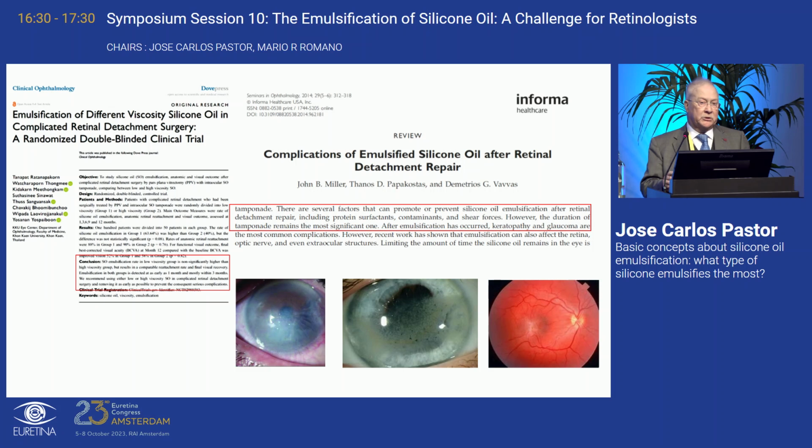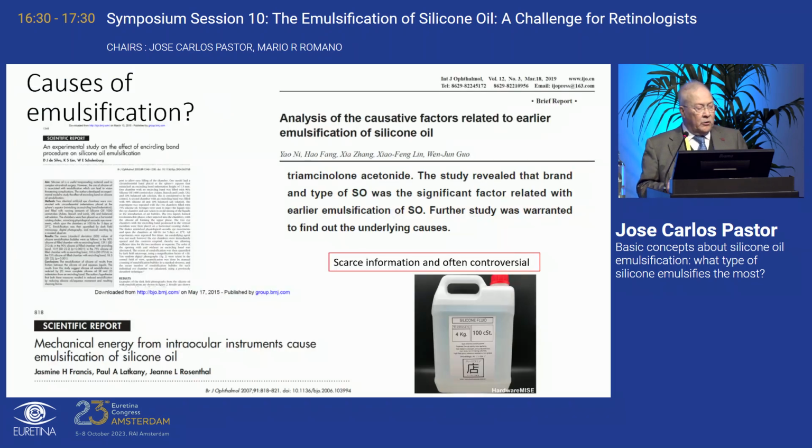The most important is probably ocular hypertension, which is the most frequent, but you have more examples in the literature, such as corneal decompensation, band keratopathy, epiretinal membranes, and so on. So the question is, what causes the emulsification? And you can find in the literature several options. For example, here,